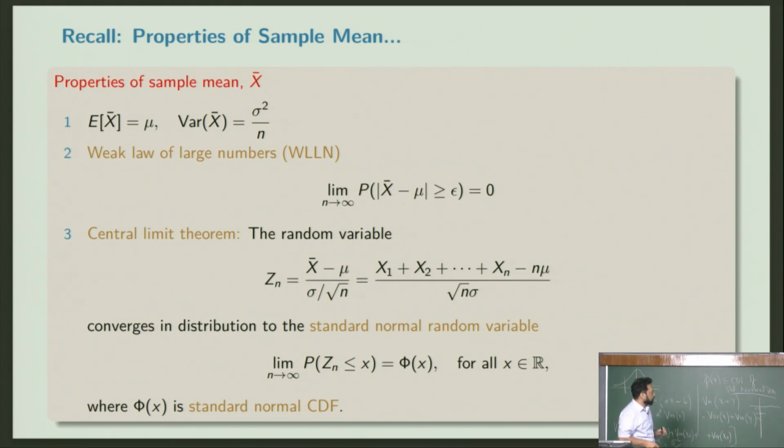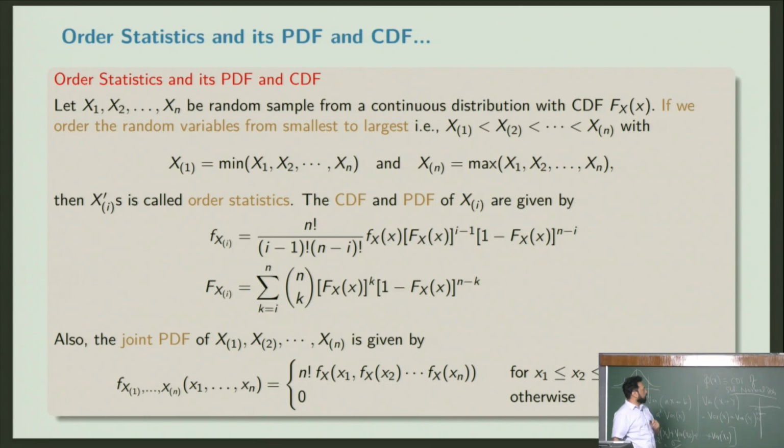So we might use this in calculations. When we do calculations, you will see how, given the original problem, I go back to it and solve my original problem by using this central limit theorem. But right now there is something called order statistics. I may not need it immediately. I've read some papers on generative modeling where they use that. So in passing, I'm just going through this. Even if you don't remember everything, we will recall whatever is needed. This is just a way for you to revise a little bit.